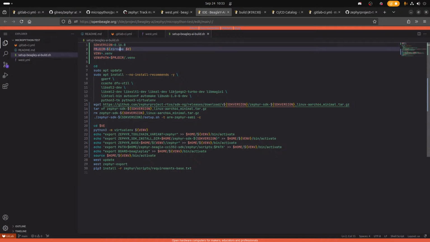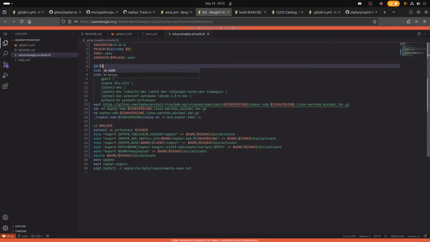The dirname $0 is just going to fetch the path of this script. It's going to make sure to change into the directory where the script is. This one is going to change to home, I mean, cd explicitly, for putting the SDK.